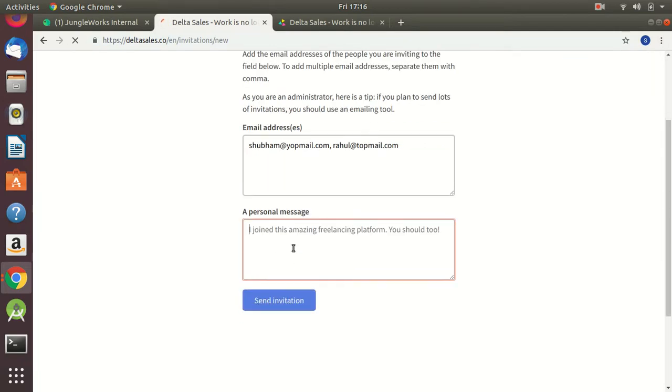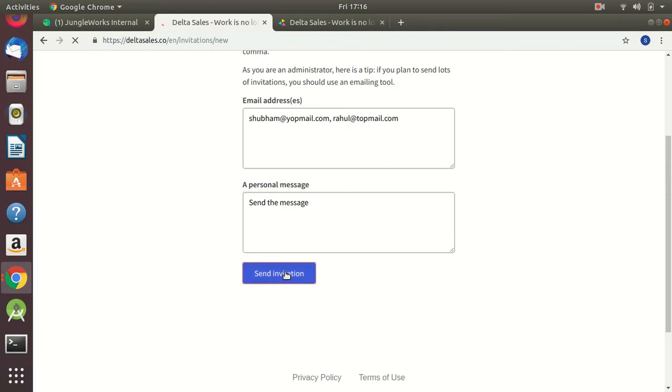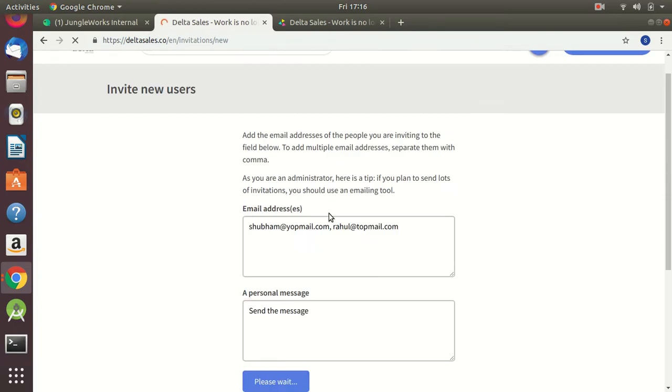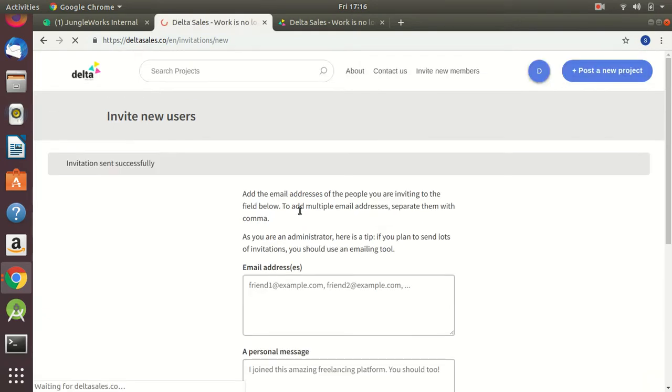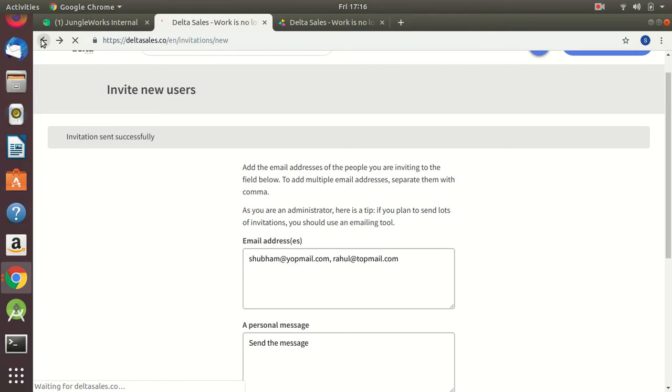Here the body of the message comes, and simply he will click on the send invitation option. He can send invitations to any number of users by separating them with commas.